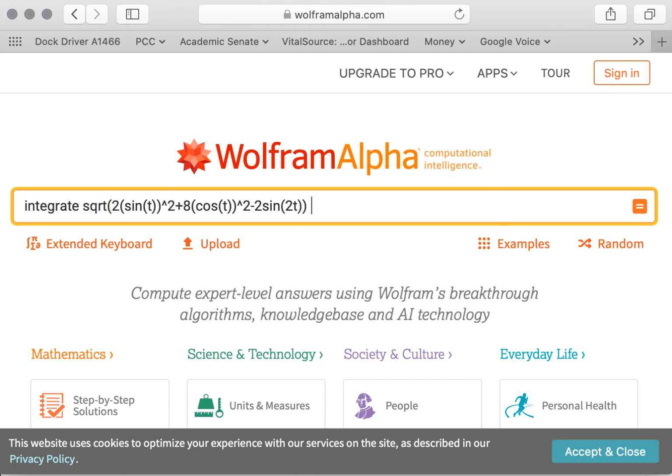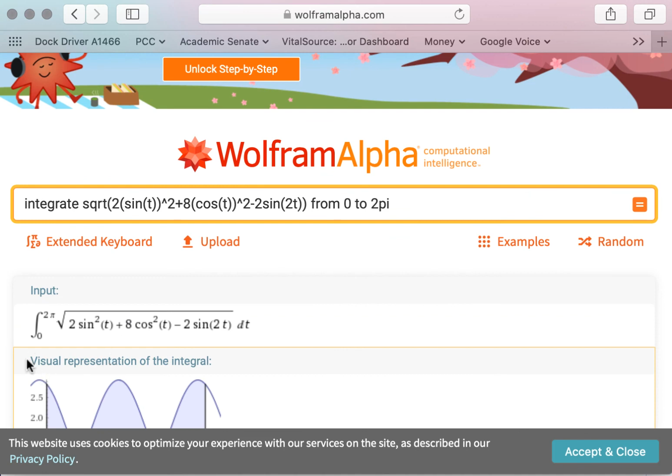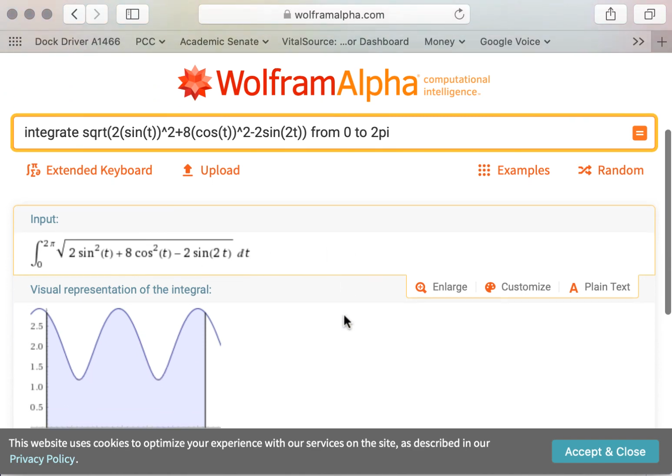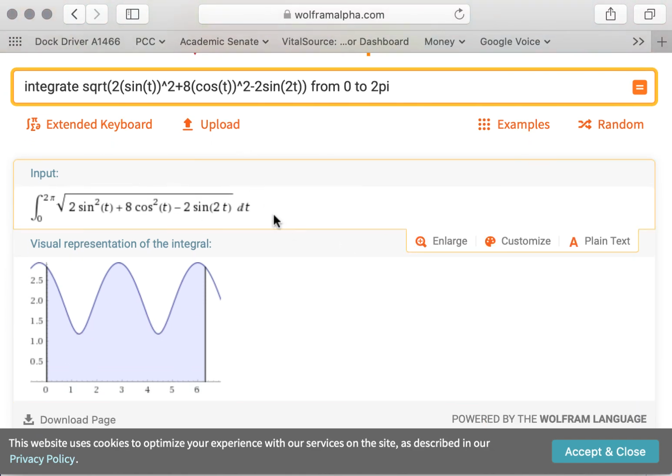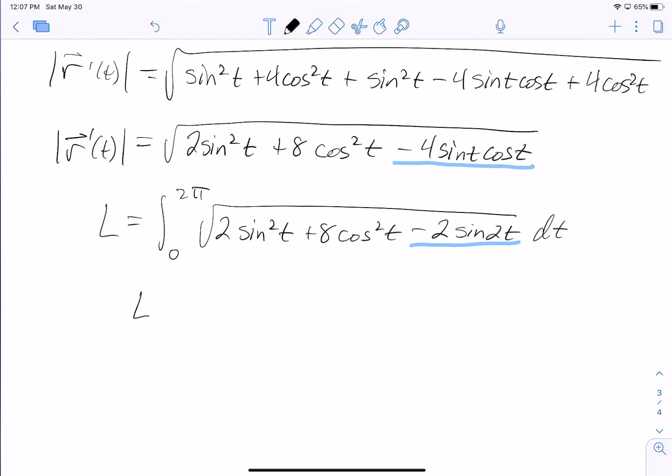And then we can simply type from 0 to 2 and then pi for pi. Hit enter. And what it does here is it gives you the integral. It says, I think you mean from 0 to 2 pi, this square root. And then it gives the answer as well. It somehow disappeared on me there, but the answer here is 13.5191. That's accurate to 4 decimal places, and that's what we're after. So L is approximately